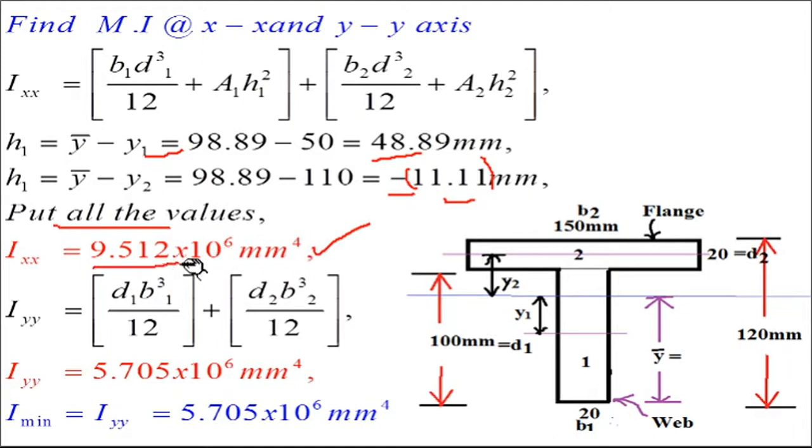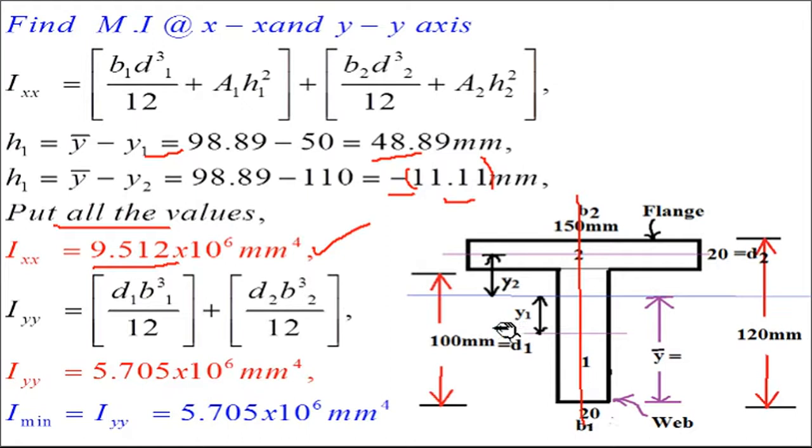This is about x axis. Now about y axis, instead of BD cube, it will be DB cube. B1 D1 cube for x axis. Now for y axis, it will be D1 B1 cube. Okay, so D1 means what? 100, B1 means 20 cube by 12 plus D2 means 20 into B2 means 150 cube, and this section is